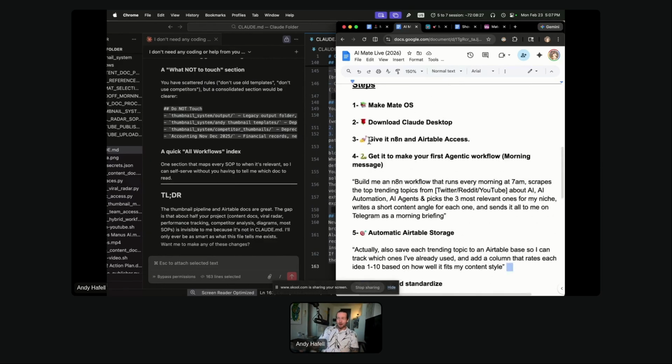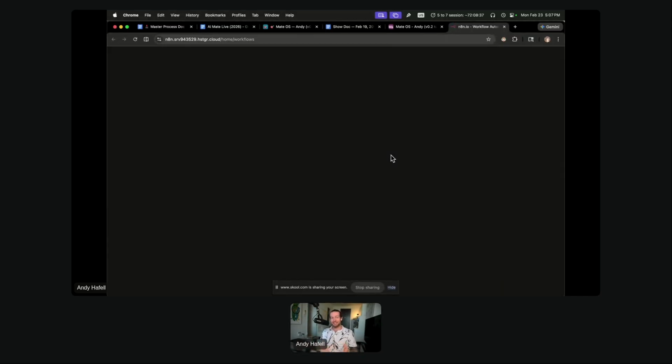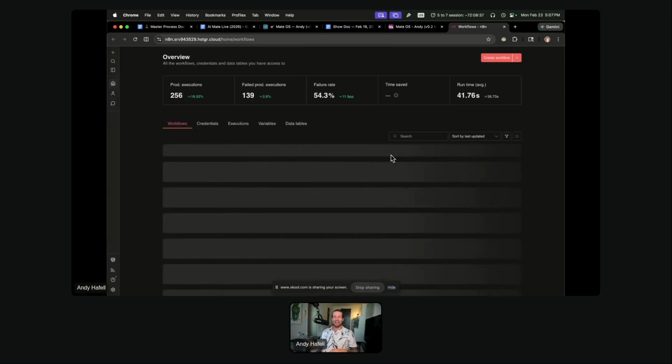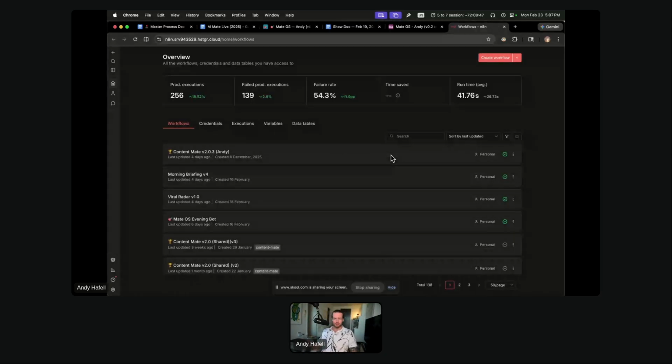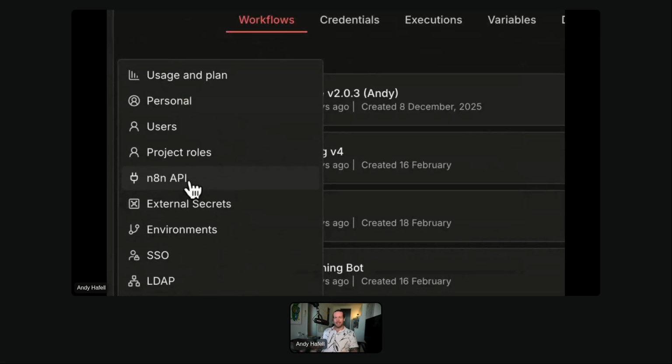So that's exactly how to give it n8n and Airtable access. And if you haven't done this before, I'm just going to double show you right now. And of course, if you've set up n8n self-hosted, you have a way more capable n8n. This can do a lot more than what a normal n8n cloud account can do, because you can do FFmpeg and other stuff that you can give it access to, right? There's a lot to come, but how to give it access is to go down into the gear, and then click on n8n API.